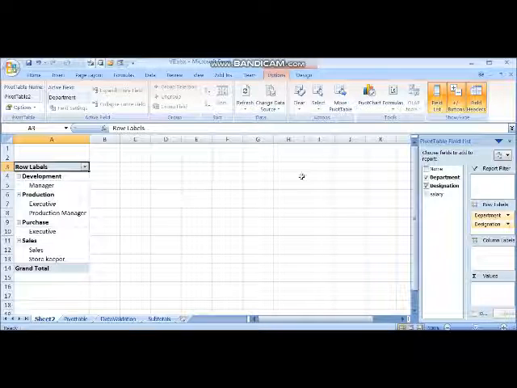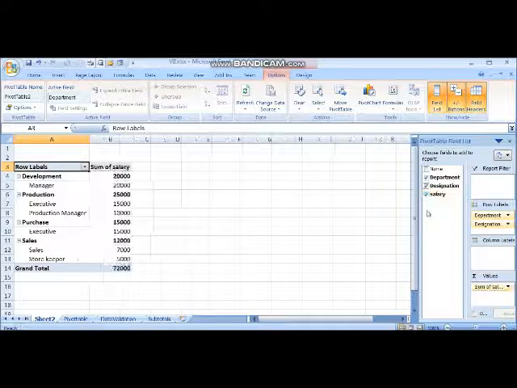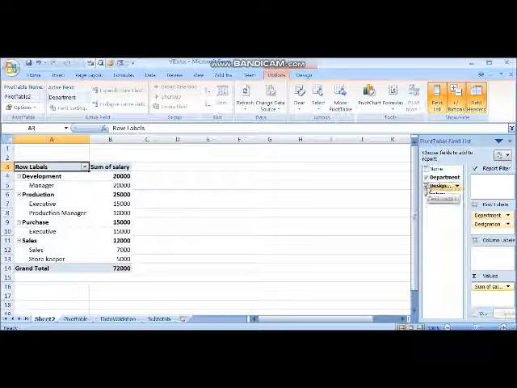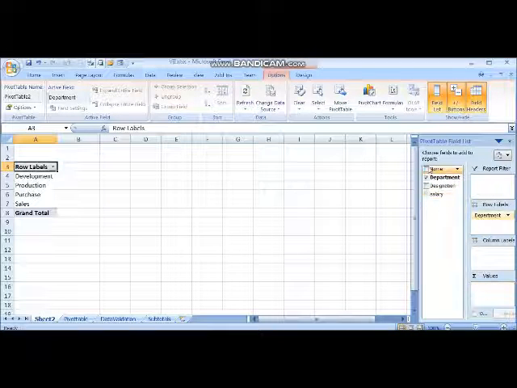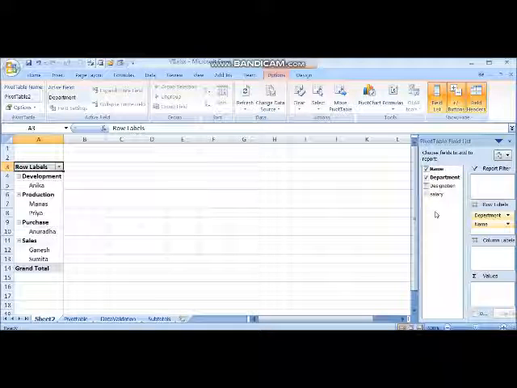If you want to summarize according to salary also, you can select salary. If you want to remove the designation, you can remove designation. If you want to summarize the names, so in development, who is working here, Arnika is working here. Production, Manas and Priya. Purchase, Anuradha. Sales, Ganesh and Somita are working there.